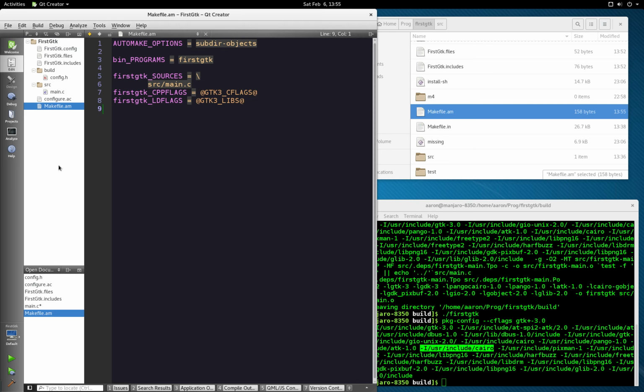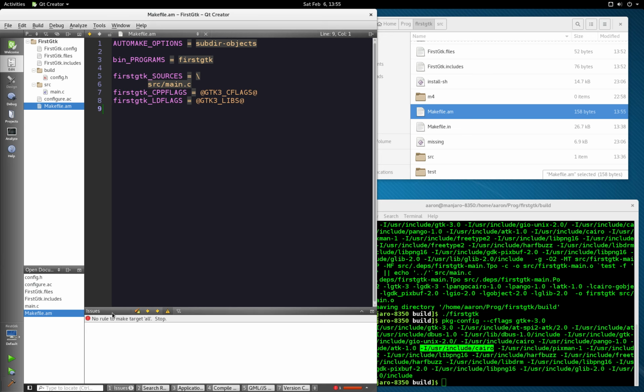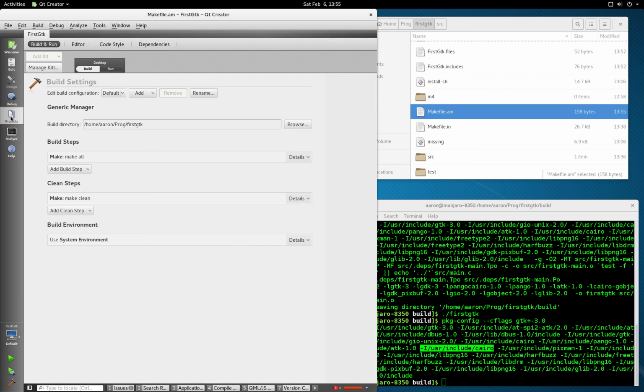Now the build process itself, we kind of need to tell Qt about that. Like if I was to hit build here, I think we'll get an error. Yeah, so it doesn't know where the makefile is. It doesn't know what to do. So again, in this projects tab on the left, we'll click the build button. And then here we're going to tell it where the build directory is. And as I've discussed several times, I like to do it in a subdirectory called build. As a bonus,